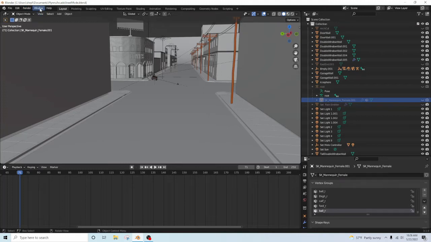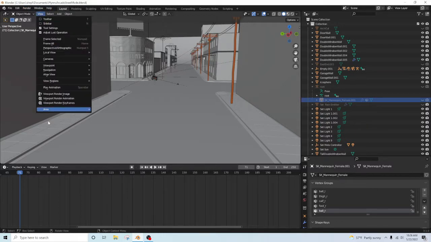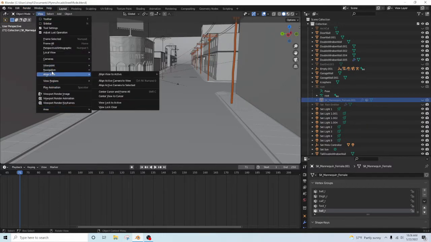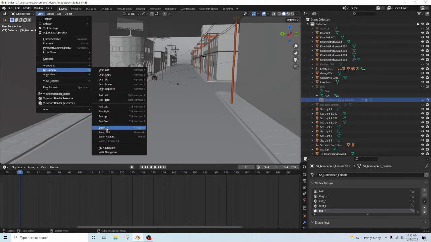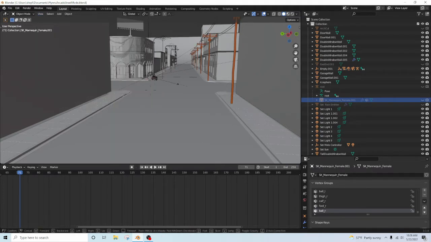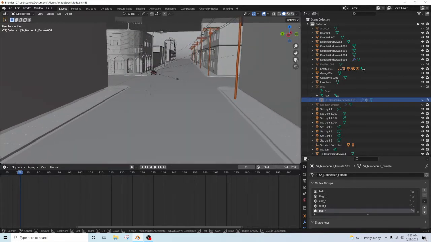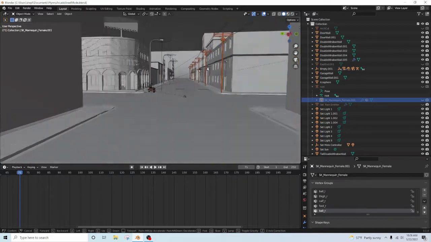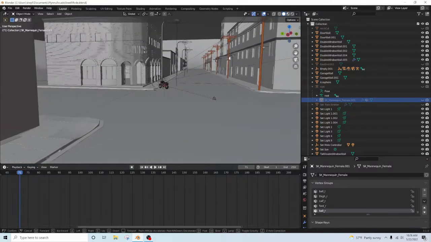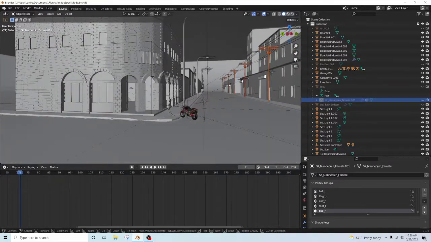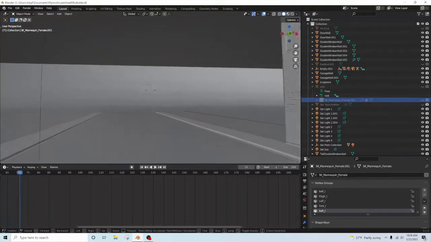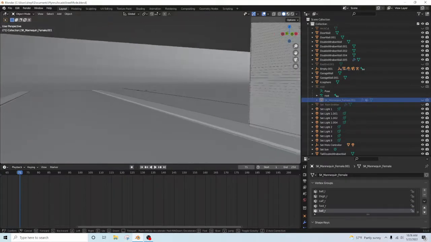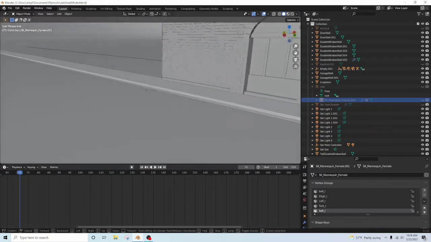All right, let's do a fly through of the scene. Go to view, navigation, walk. Even though technically walk is fly for some reason. Let's slow this down a little bit. There we go. So I haven't done this section, and honestly, I don't know if I have any plans beyond